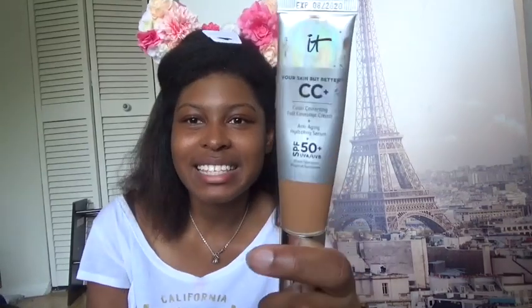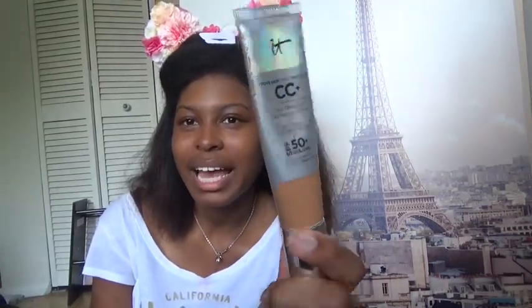So, question is foundation. Pick your favorite first book in a series. This is my foundation. I use the IT foundation, and it has CC plus, also SPF 50, so it's like a sunscreen in a way, since I don't really wear sunscreen. My shade is in the shade Rich Honey. But let's see,